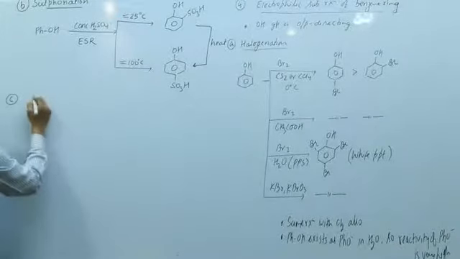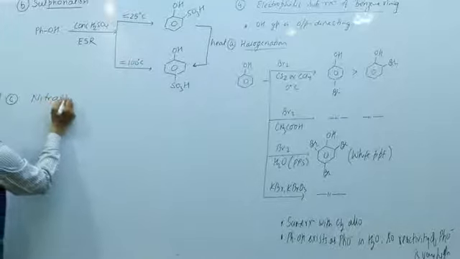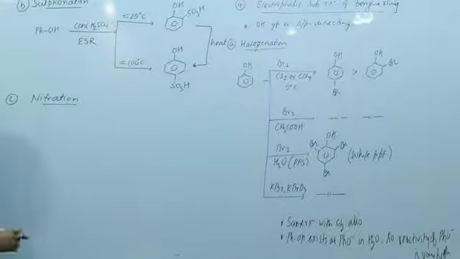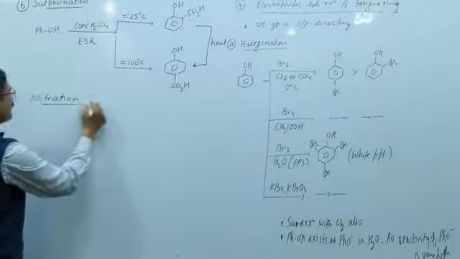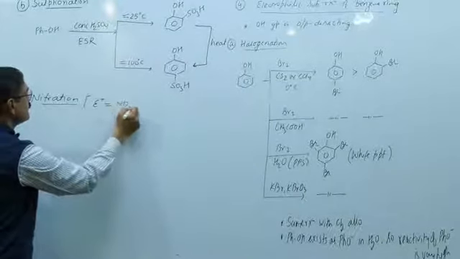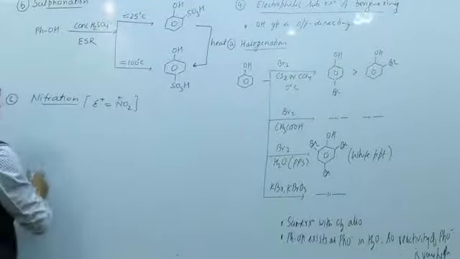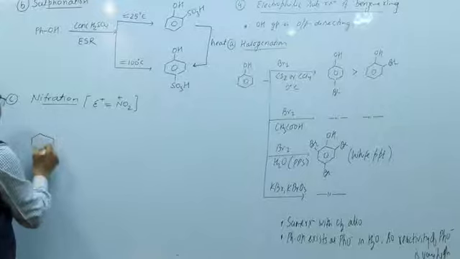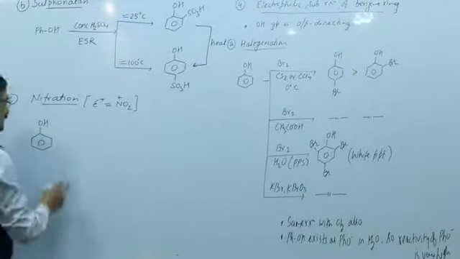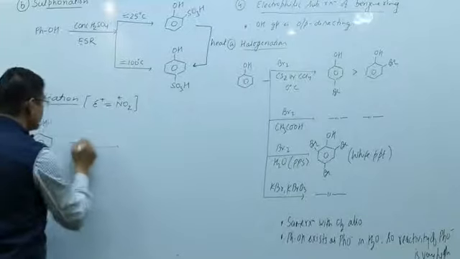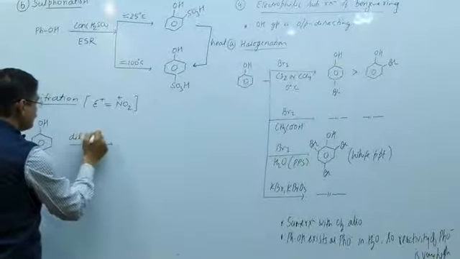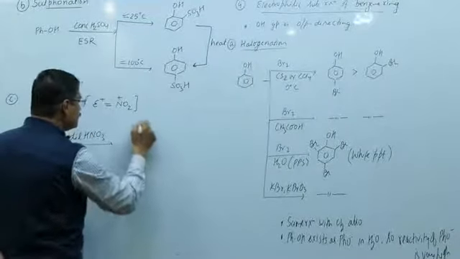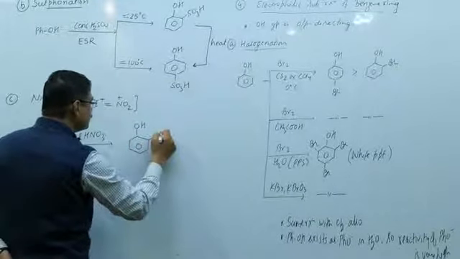Next is the nitration of phenol. In case of nitration, NO2 plus is the electrophile. And phenol is highly reactive and nitric acid is the oxidizing agent. So this reaction is taken very carefully. So in the first case, I take dilute HNO3. In case of dilute HNO3, two products are obtained,